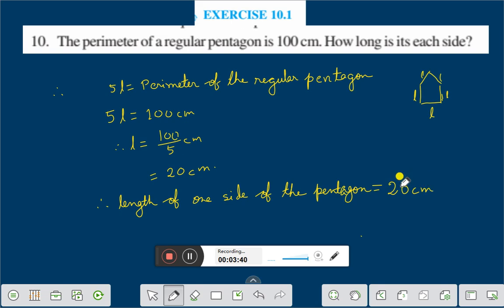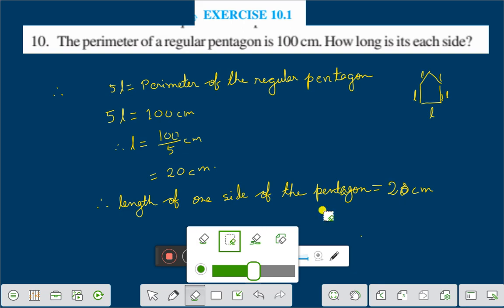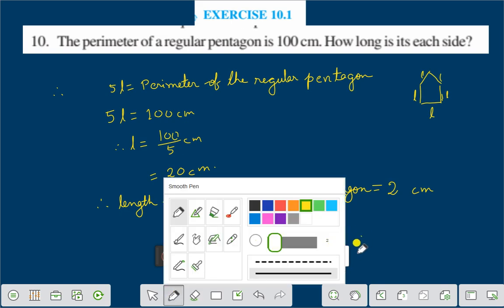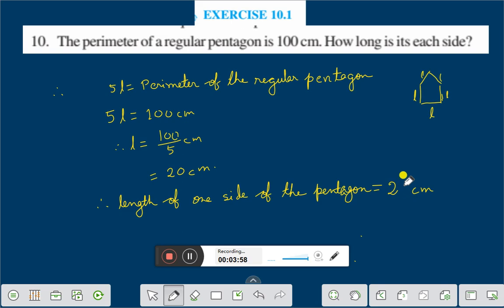This is 20. Let us rub this one. That is 20 centimeter,